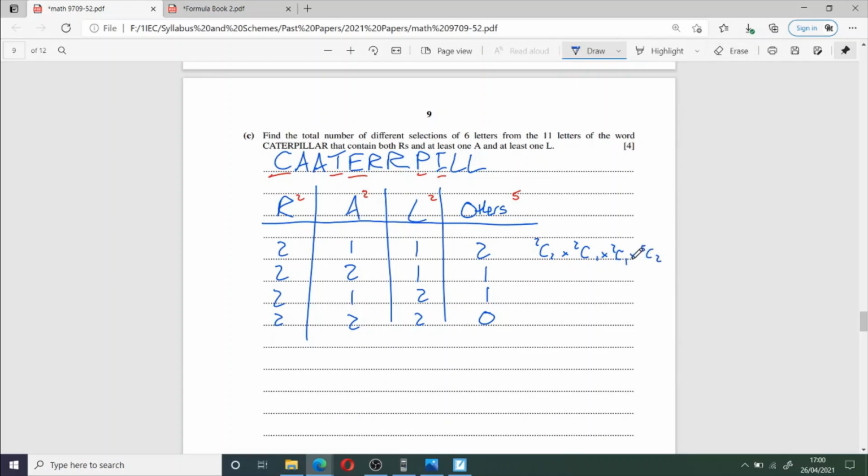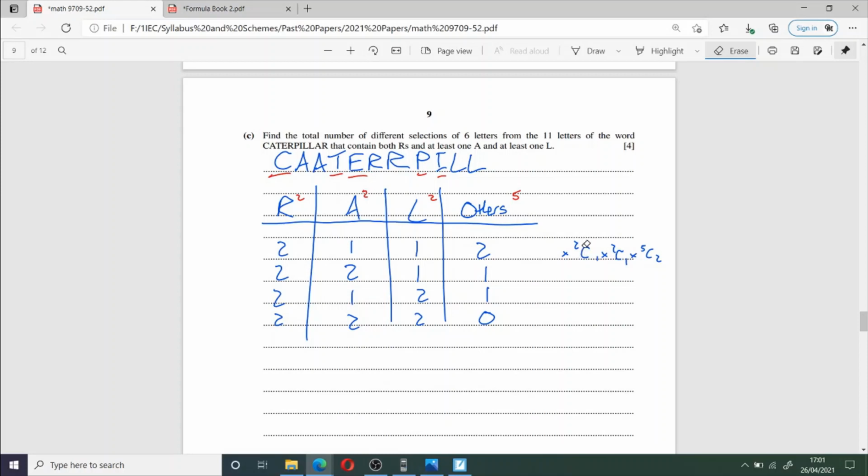That seems okay at first, except this is where this question is slightly trickier compared to other similar questions. We're picking 2 R's from 2, so this 2 choose 2 is fine. But here, when we are picking 1 A from the 2, these A's are identical, so whichever one we pick, it doesn't make any difference to the selection of letters we've got. We would have 2 R's, 1 A, 1 L, and then 2 other letters, whichever A we took, and same with whichever L we took. It's not like this A is different from this A, or this L is different from this L, and that's how it differs from similar questions.